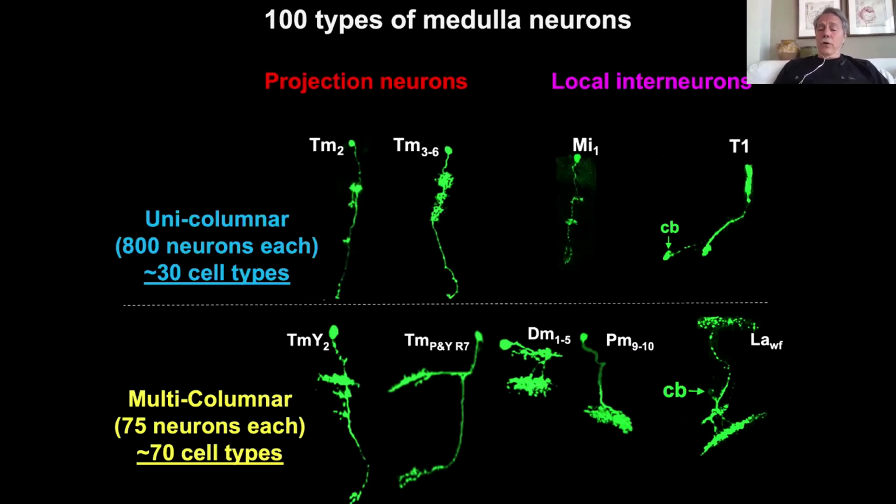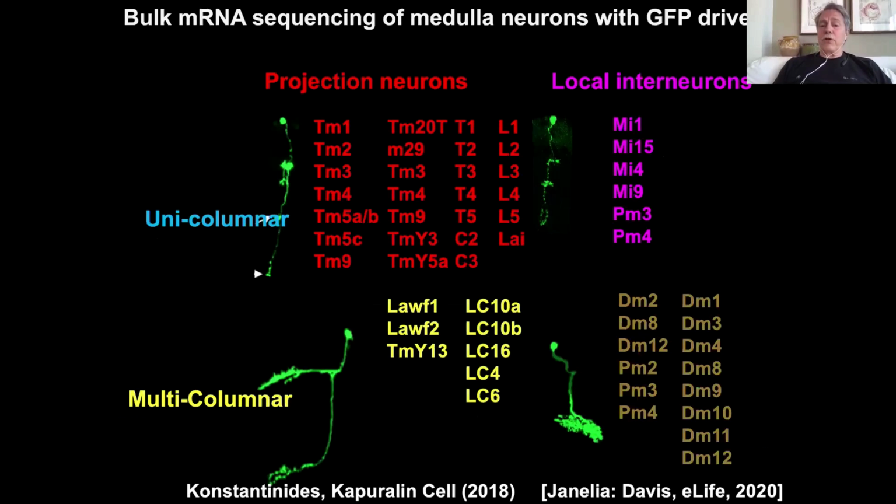And so we started a few years ago, taking advantage of the fact that there is so much known about those neurons. In particular, we and others, and in particular Janelia, have defined a large number of drivers, which means molecules inserted into the genome that can drive GFP expression specifically in one neuron cell type. For example, in that neuron, in that neuron, in that neuron.